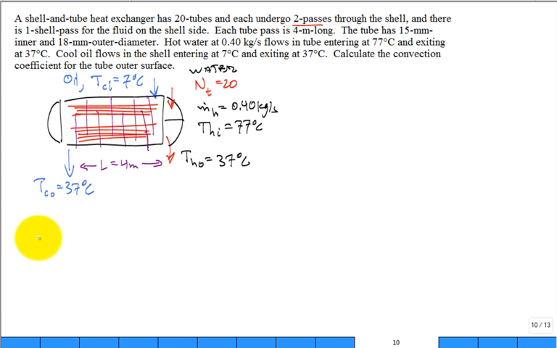So first questions first, what symbol and what expected units for my answer? So we want to calculate an h, but it's on the tube outer surface. So any subscripts on that h? h_o. And typical unit? Okay. Now, it's going to be a long route to get h_o, but it's embedded in the overall